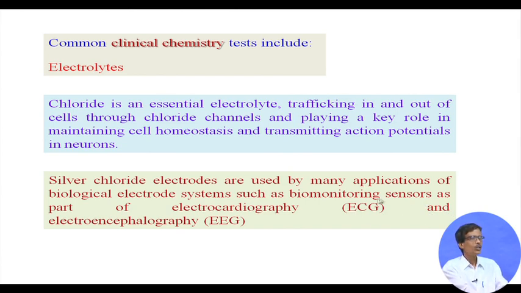From our childhood, we have been hearing about electrocardiography and electroencephalography, the ECG and EEG. Since we are talking about electro and cardiography, it is basically electron transfer, which means you must have some electrode system. Twelve electrodes are used for measuring ECG. So, whenever you have some idea about electrodes, you can also think about what sort of electrode is used for measuring your ECGs. Okay, thank you very much.